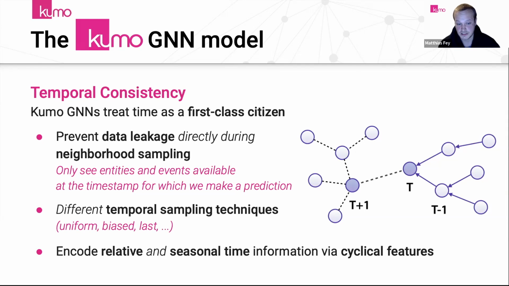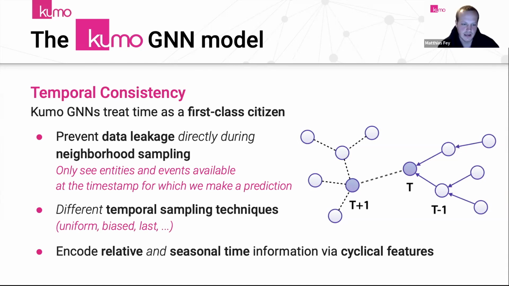So given a seed node we want to start sampling from and a seed time for the event under consideration, we restrict our neighborhood sampler to only see entities and events available at the timestamp for which we are making a prediction. We then have different parameters and configurations to tune these temporal sampling strategies, such as uniform sampling over all past events, biased sampling that favors more recent events with higher probability, or just sampling the last k events of this given